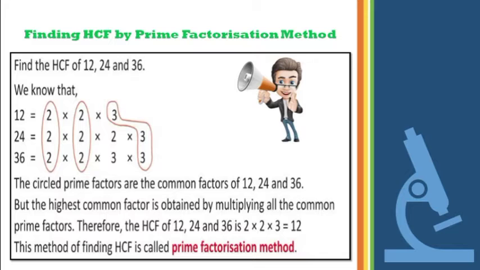In earlier classes, we have already discussed how to find factors. Let us have a look. We know that 12 can be written in the form of prime factors as 2 into 2 into 3. You can find the factors of 12 and write the prime factors as 2 multiplied by 2 multiplied by 3. So 2 twos are 4, 4 into 3 will be 12. In the same way you can repeat it.